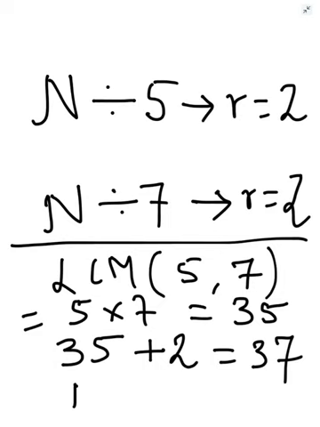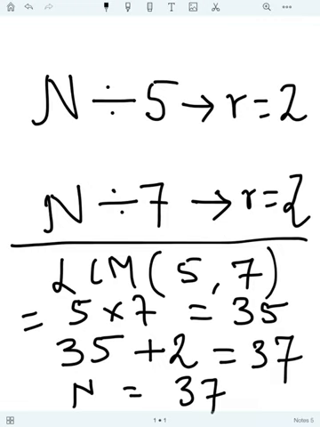So one value of n I have got, 37. Now you can verify. You divide 37 by 5, remainder is 2. If you divide 37 by 7, again the remainder is 2. So the number can be 37. But is it the only solution possible? Is the number n only equal to 37, or are there some other numbers also possible which can satisfy this condition? When divided by 5 and 7, remainder is 2. So let us see if there is some other number possible also. 37 is one of the solutions.